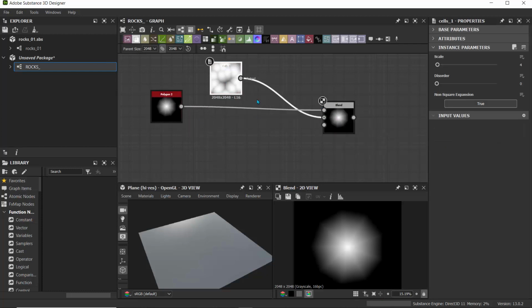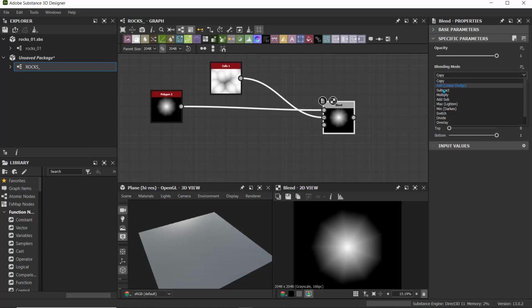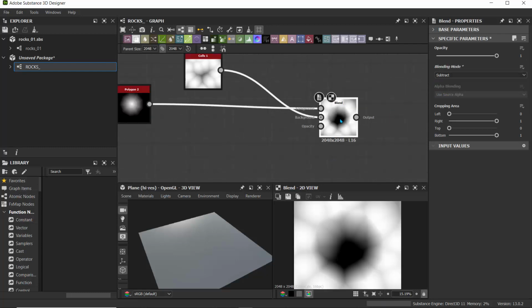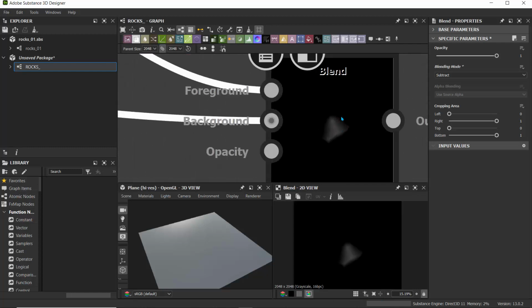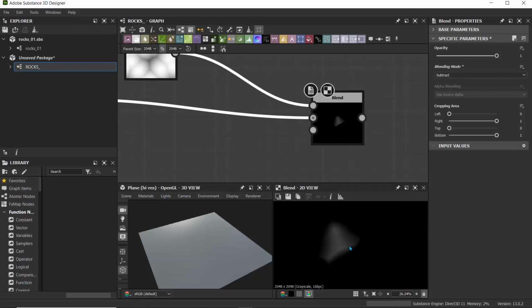And we can actually see we can't see our cells. We need to change our blend mode. So let's set this to subtract. And it's actually doing the opposite. So what we need to do is to invert this connection. So select these two connections and press X. And there we can actually see we have an output with our polygon right here that has a very nice